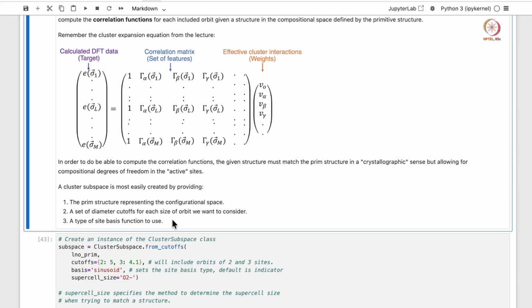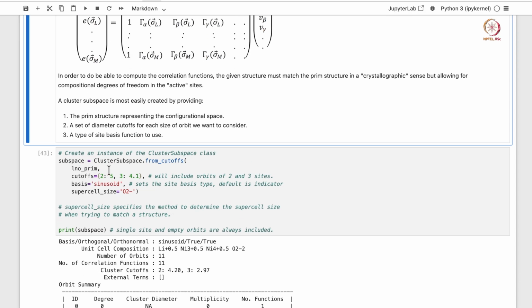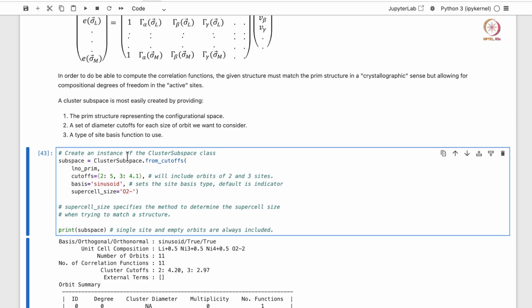In this cell, we create an instance of the cluster subspace class. We have subspace equal to cluster subspace from cutoffs. We have given cutoffs, where 2 here means the cutoff for pair cluster. So the cutoff for pair cluster is 5 angstroms and for triplet it is 4.1 angstroms.